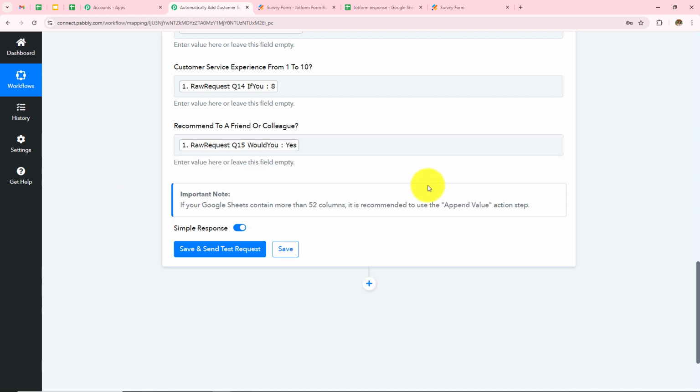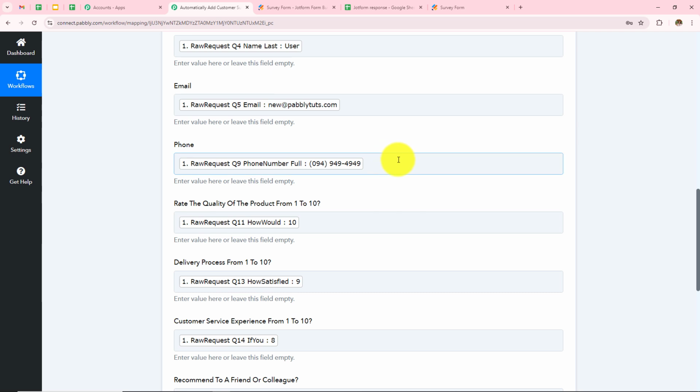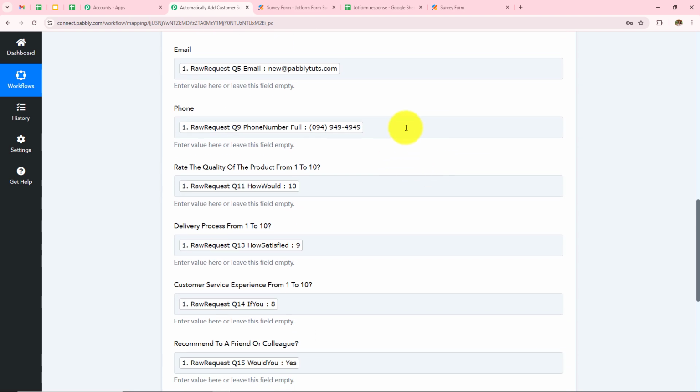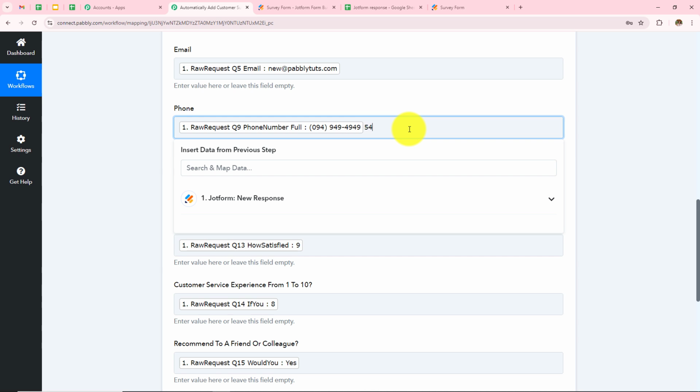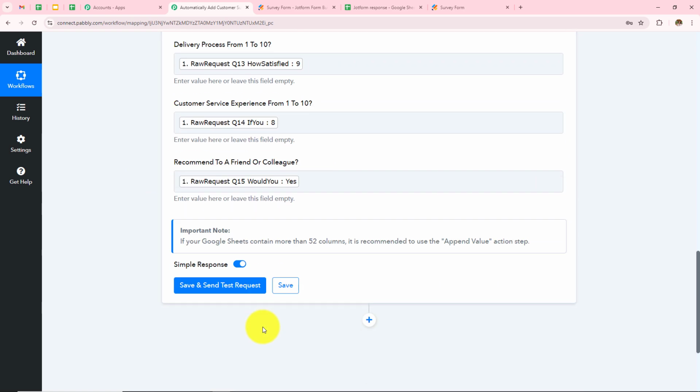So over here mapping is important so that every time you receive a new response, it is taken into consideration in these fields. Manually entering the data will make these fields static and the information will not change even if you have received a new response. If I manually enter any data, this field will become static and every time I receive a new response, the result will not change. So as to keep these fields dynamic, we use this process, mapping.